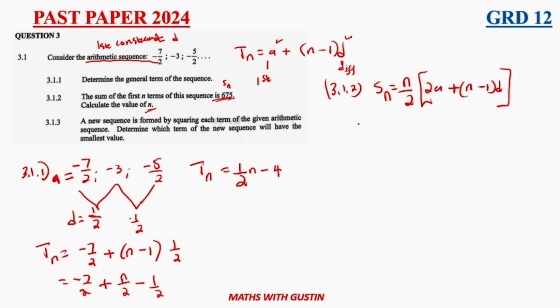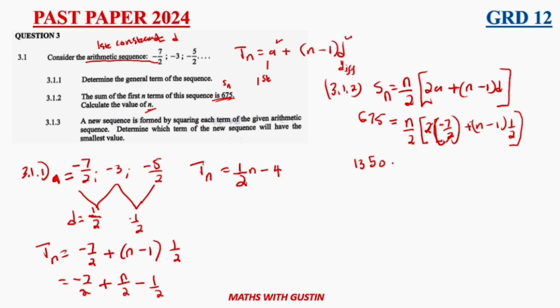So our Sn is 675. They want us to find n, so we're going to substitute. What is a here? It's -7 over 2, close bracket, plus n minus 1. Therefore our difference is a half. Now we need to simplify as much as we can here. In this case, the 2 and 2 would go out. This 2 multiplied by that is going to give us